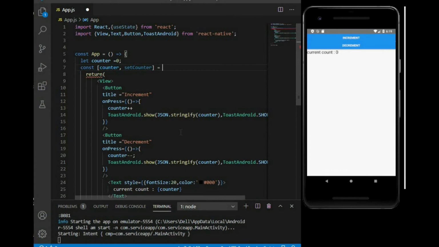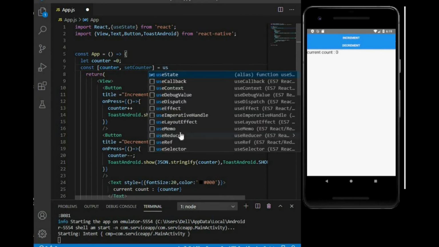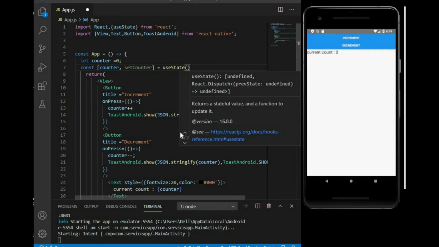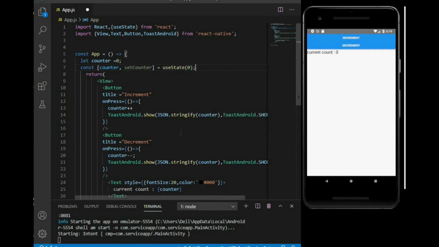I'll write equals and write useState, and inside the bracket I'll write 0. So this is the use of the useState hook. So we have declared the counter and setCounter.